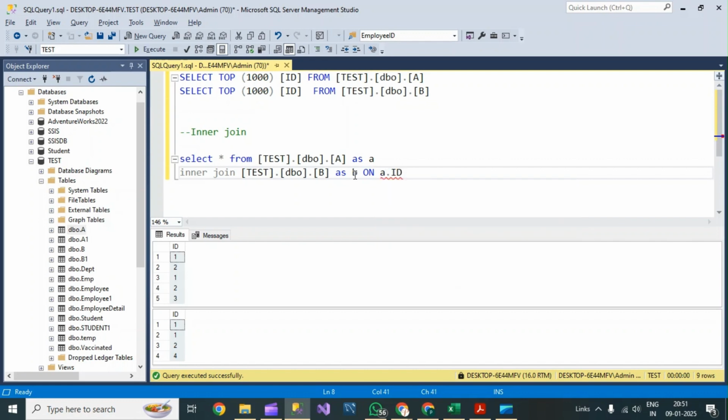Okay, A dot ID equal to B dot ID. So if I run this query,